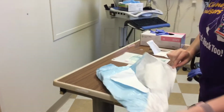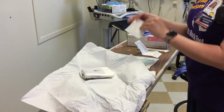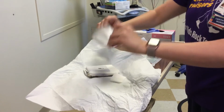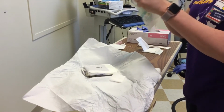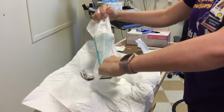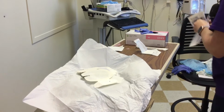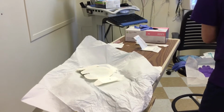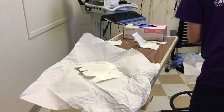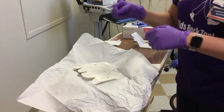Open up your sterile kit and apply the sterile gloves. You will put the remainder of your supplies on your sterile field, the gauze and the Tegaderm. Okay, then your helper will grab the Q-tips